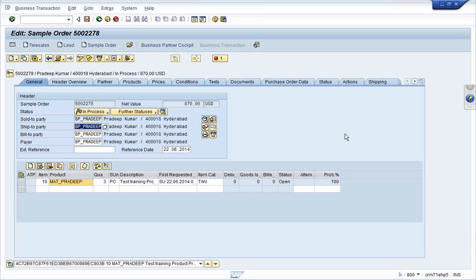Right? So I have to write a program to find out all the transactions, maybe of certain type. Maybe he will ask me for all the sales orders which are going to expire next month, so that he can take some action on that. So I'll generate a report and find out all the transactions.